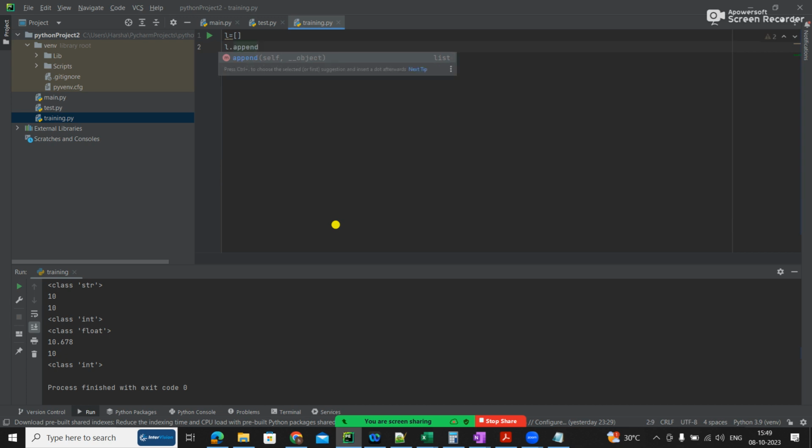I usually append, like adding is appending. So 10, okay. And I want to add another 4 or 5 items. So 10, 20, 30, 40, 50.